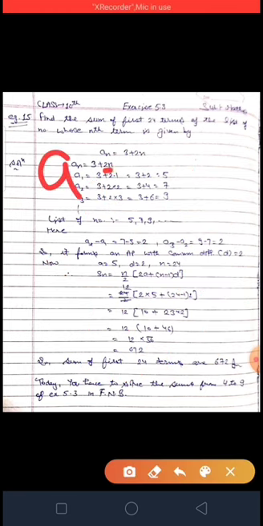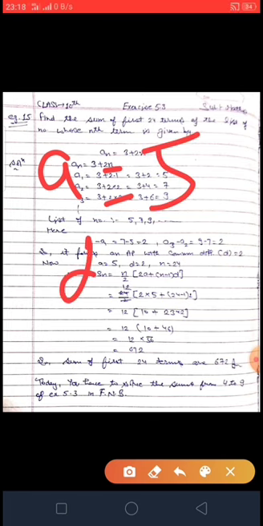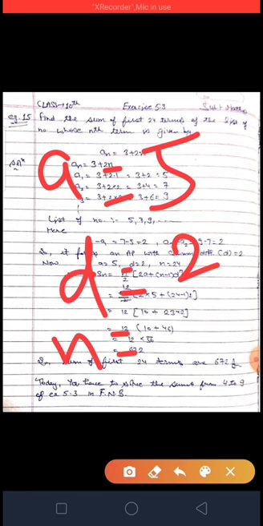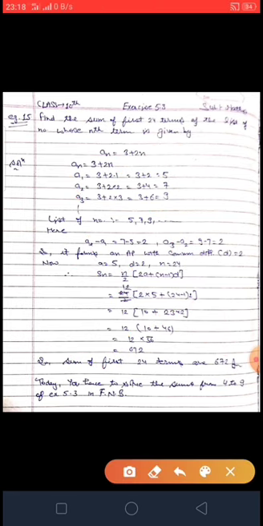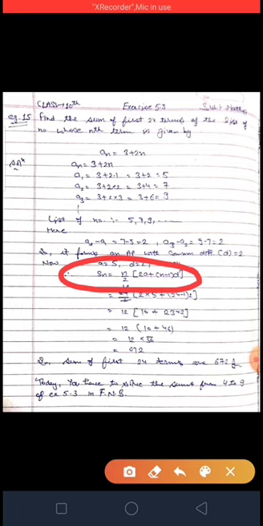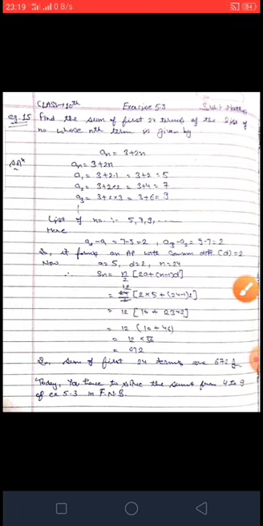Now here a is equal to 5, d is equal to 2 and n is equal to 24. Substitute these values in the formula, that is Sn is equal to n by 2 into 2a plus n minus 1 into d. When you put all the values of a, d, n, you will get the result,